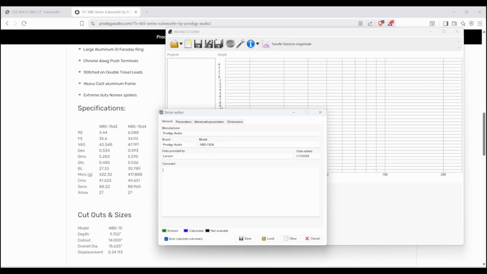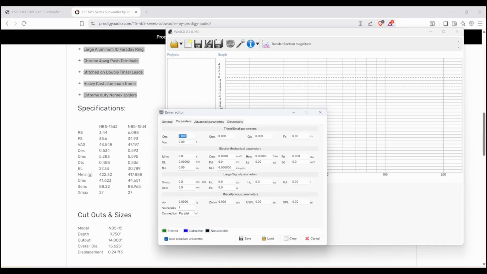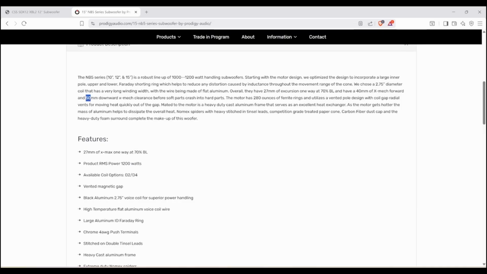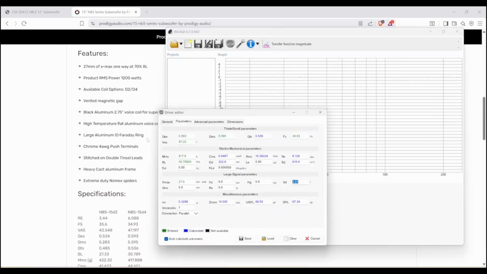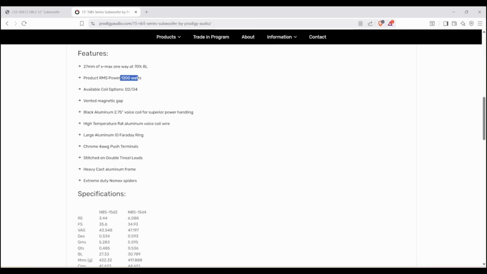All right. And then I will take some of these data points here as my comments. We're going to drop these numbers in just like always. Same process as before, no different, except I don't have LE and I don't have frequency of LE. I do have X max, and I think I saw X max and X mechanical. So I see a 40 millimeter X mech before things start happening in a bad way. And remember, if you see something that reports X max but says peak to peak, just divide by 2 to get your peak. So you want to pick your X max, your X lim, and this one's product power is 1200